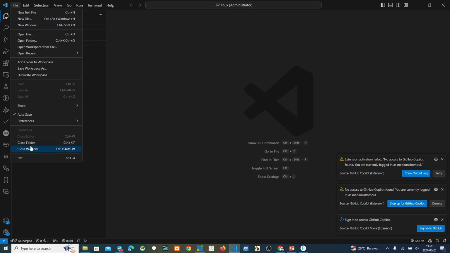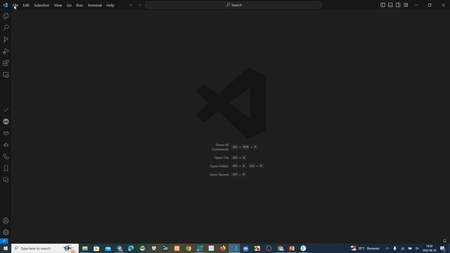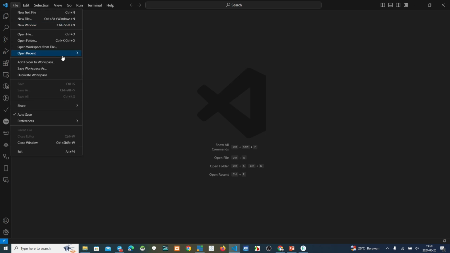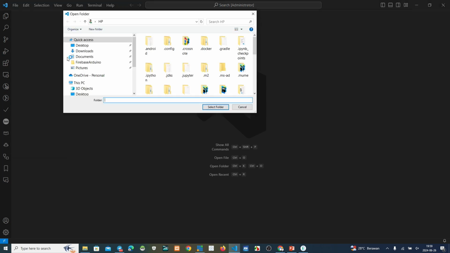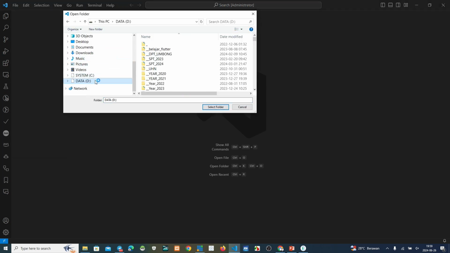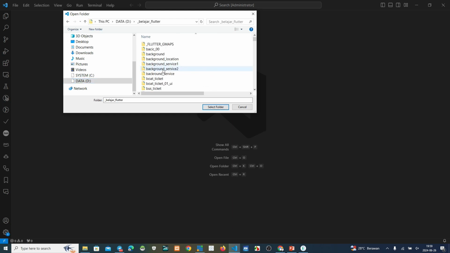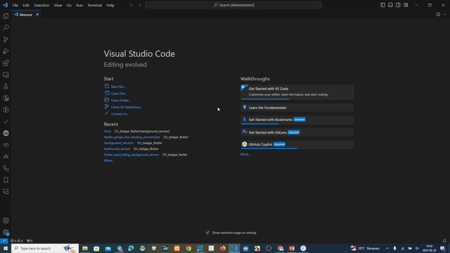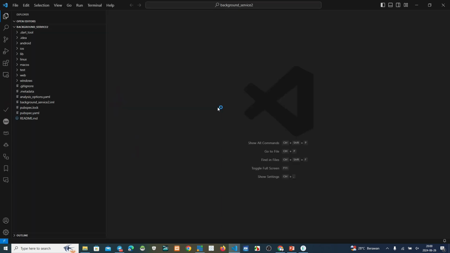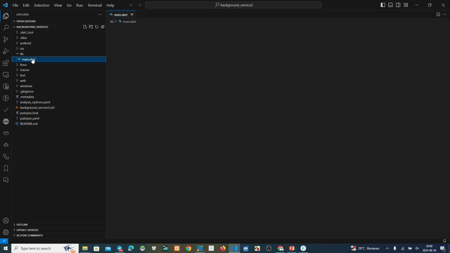Okay, close the folder first. Open Flutter background service 2, select.